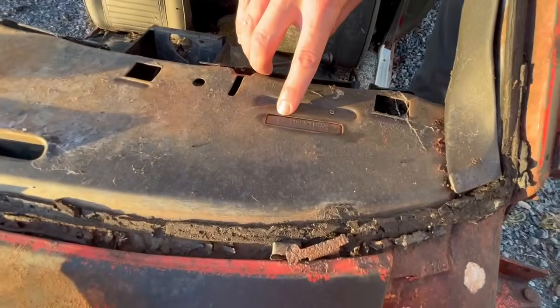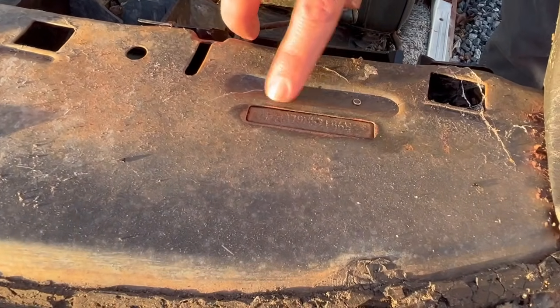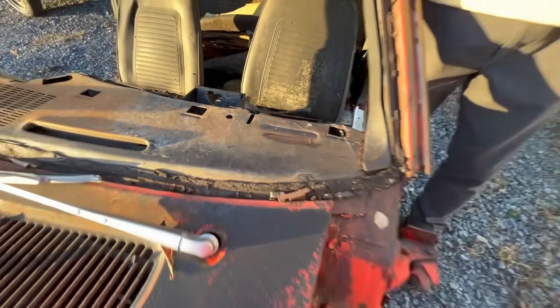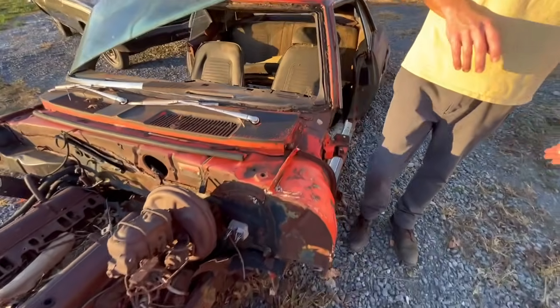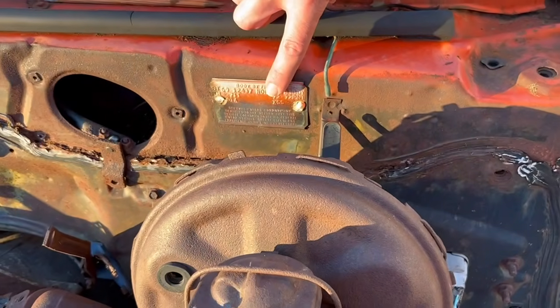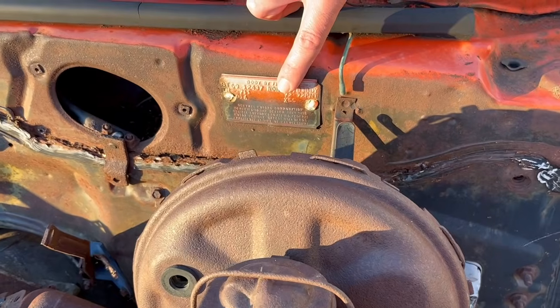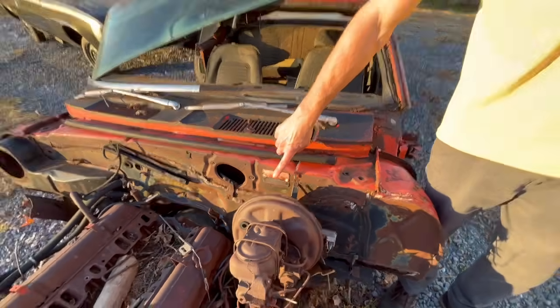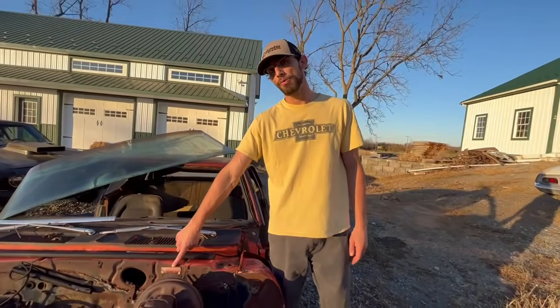And we can see that it is a 1243 car, which means that it was a V8 from the factory. Now, of course, this car still retains its original cowl tag, and we can see that it has an X55. Now, that means that this car would be a Super Sport 350 car from the factory. However, they remake these cowl tags, so what we'll do is figure out how you tell whether it's a Super